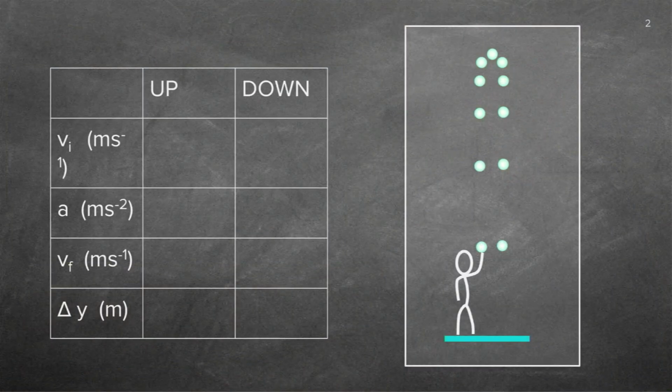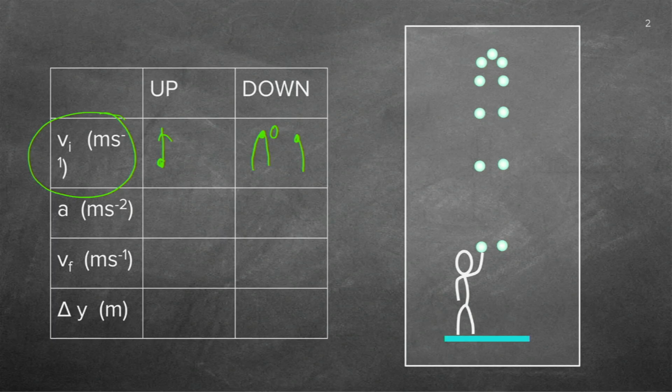Please remind yourself that you've got gravity that's influencing objects in motion. So let's have a look. We'll always have the initial velocity. For up, it will be some value because it's moving up. When it's moving down, if it went up and down, that will be 0. Or if you throw something down, it will have a value.